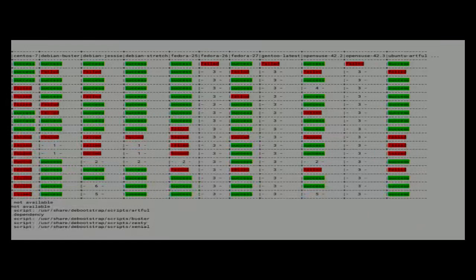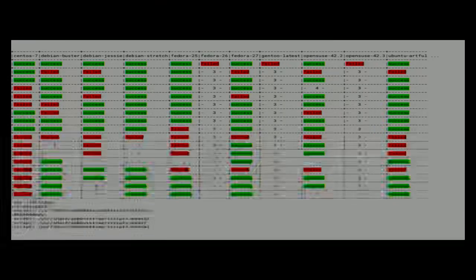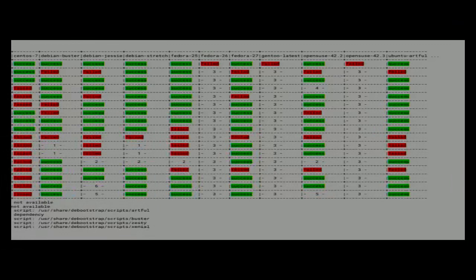On the top, there are the hosts. It starts with CentOS 7, Debian Buster, Jessie, Stretch, and so on, Fedora, OpenSUSE. This is not really finished, so it goes on. And here, there is a target, which ones you try to build. I do this every few weeks to get an impression of how stable it is and where some work is needed. As you see, there are a lot of greens, so there are a lot of things you can build, but you have to take care that some